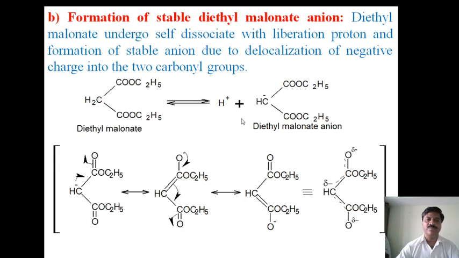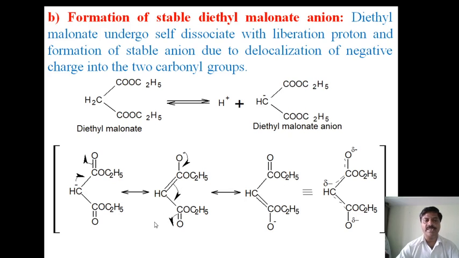Therefore, this negative ion undergoes resonance. This is because the oxygen atom is more electronegative. It drags the electron towards itself, and to maintain tetravalency, these electrons participate in bond formation. It becomes a double bond and the oxygen becomes negatively charged. Again, this will be shifted towards this, and this oxygen atom attracts the electron, and this pi bond will be shifted here. Another resonating structure takes place here.